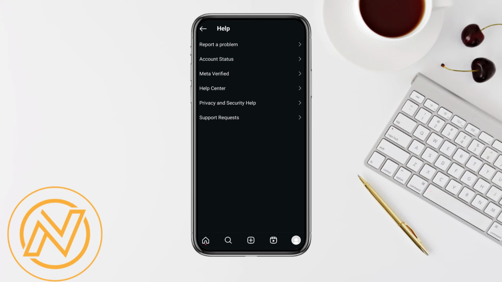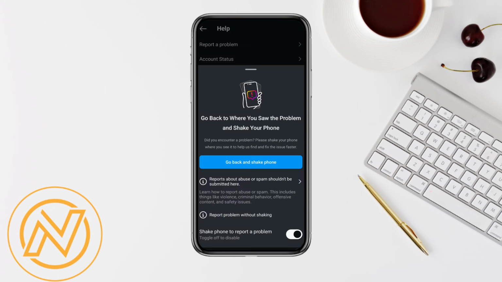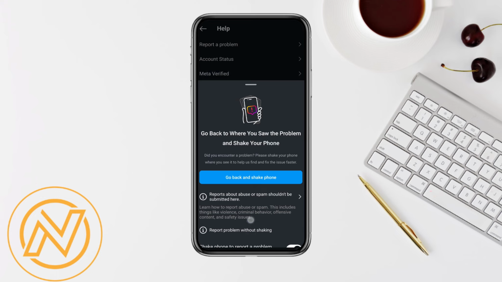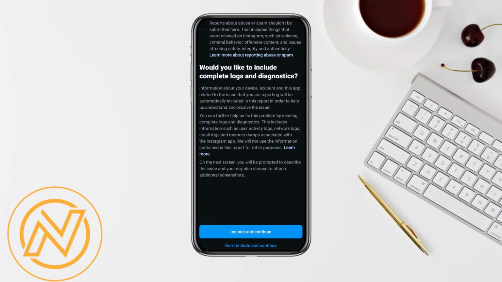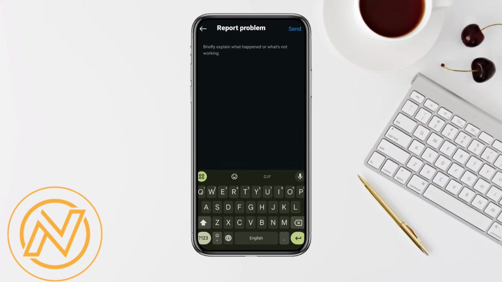So if you click on report a problem, then you have to say what kind of problem you are facing. So you can report about abuse or spam, and it shouldn't be submitted here. So you can shake your phone and go back as well, and you can also report a problem without shaking. And now you just have to click on include and continue, and over here you just simply have to explain